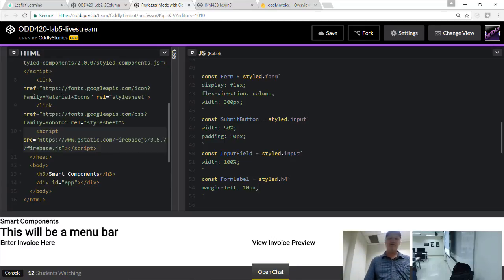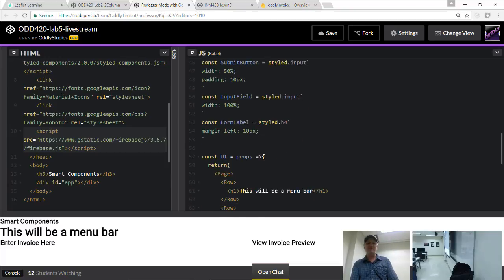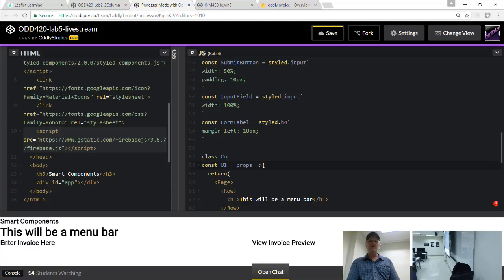So let's make our first Mr. Smarty guy over here. Let's go class, and I'm going to call it ControlledForm. You can call it anything you want, but this method we're doing is called a controlled input or a controlled form.